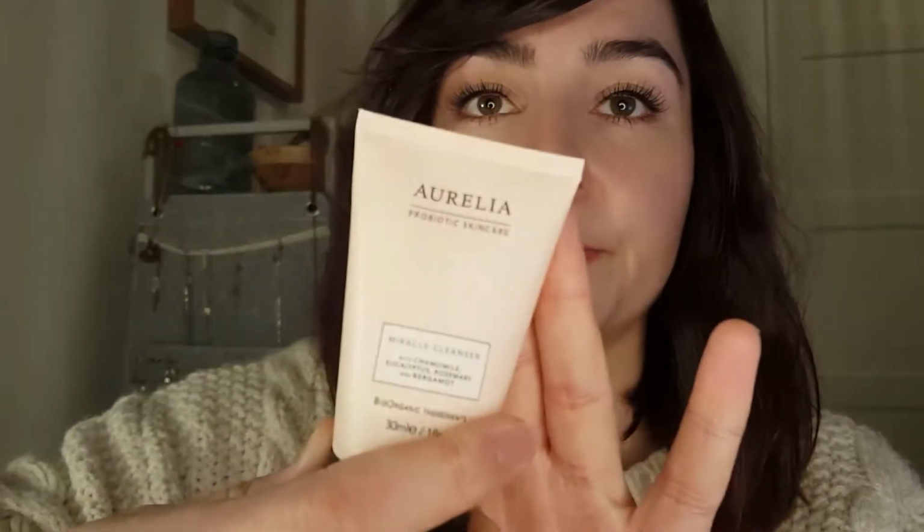I then got the Aurelia Miracle Cleanser with chamomile, eucalyptus, rosemary and bergamot. This is a cream cleanser from Aurelia. It's a 30ml sample, so that's an even better size. I have had this company's exfoliator before and it was quite good. It was one of those ones that tingles on the skin,